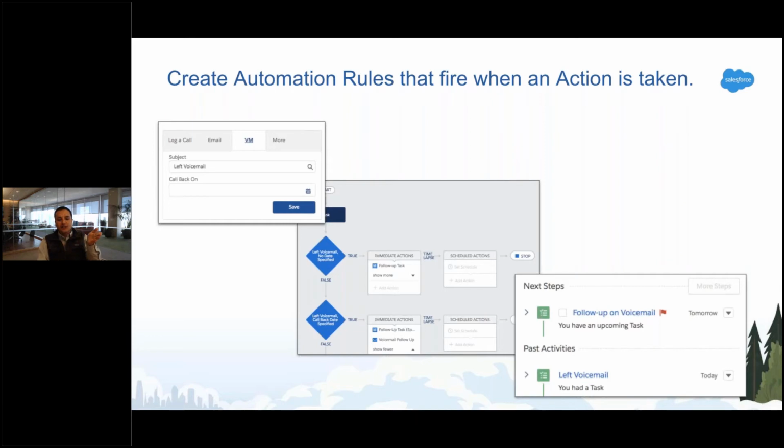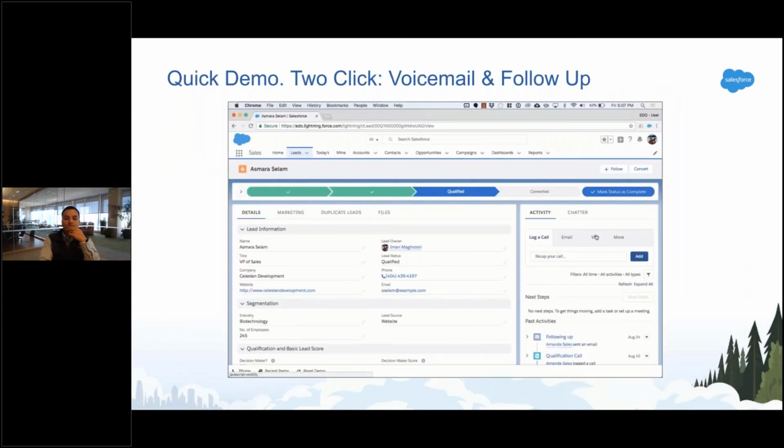So here I've got an action that logs a voicemail. You just click the VM action and it knows it was today. It knows who it's on. It knows that the task is completed and it knows that it's a voicemail. So all those fields are defaulted for your reps. They don't have to type anything in. They just hit save and then an automation rule fires and creates a follow-up task for them. Why are you making someone log it, type in everything, pick everything, and then create the manual follow-up? Just do this. You do it once and everyone benefits.